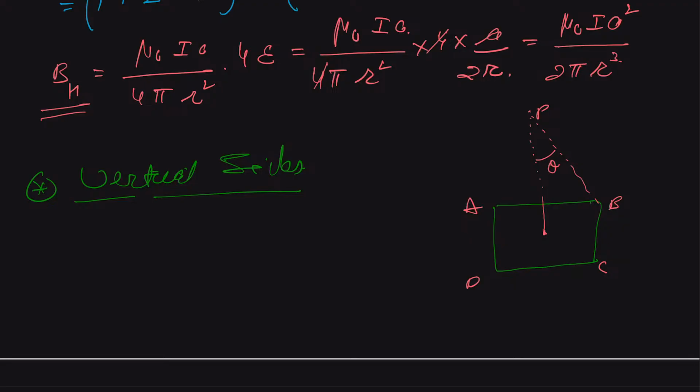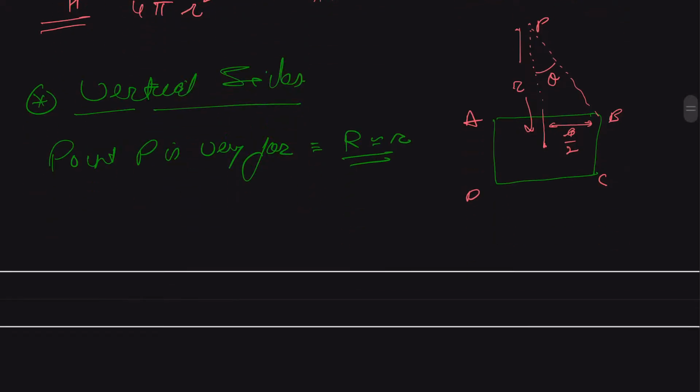And so this distance will be A by 2, and this will be equal to r. But in this case, this point P is very far, such that the distance of this point P is approximately equal to r. Okay. Therefore, we can just draw this as a right